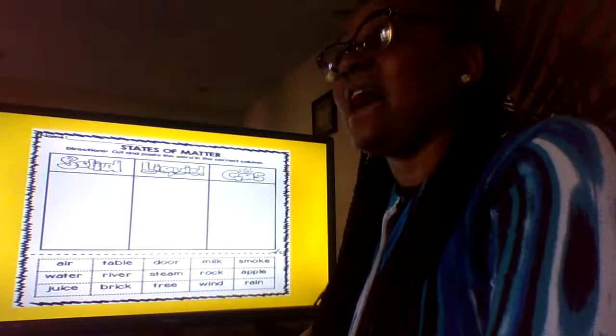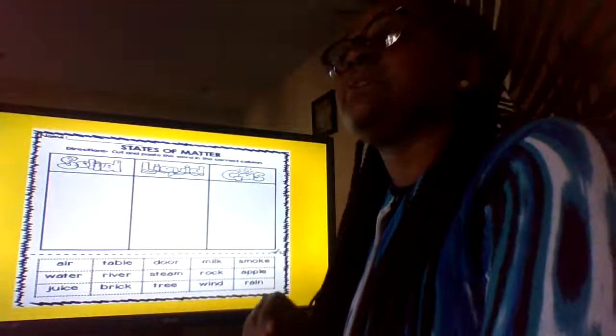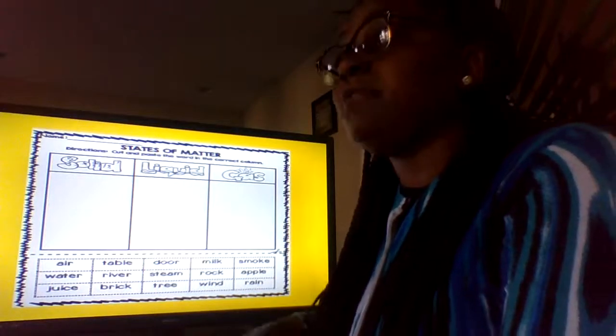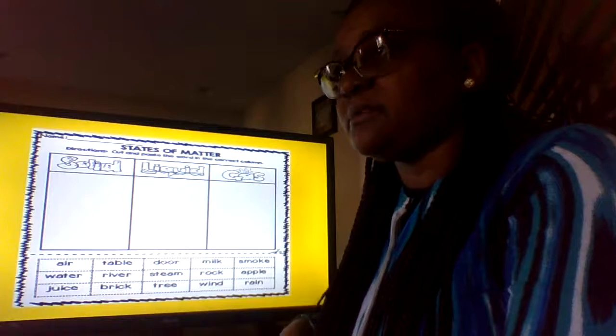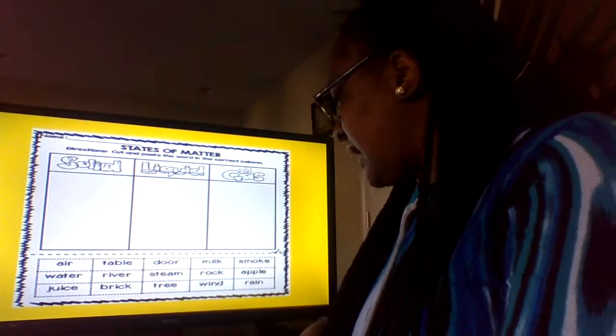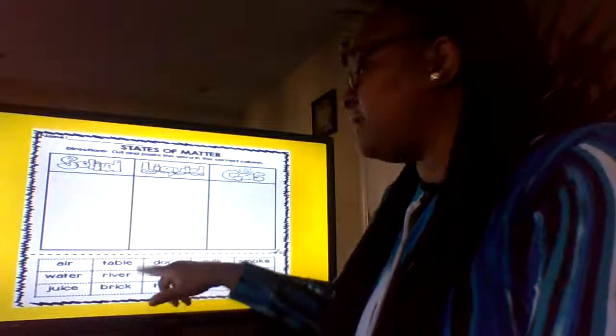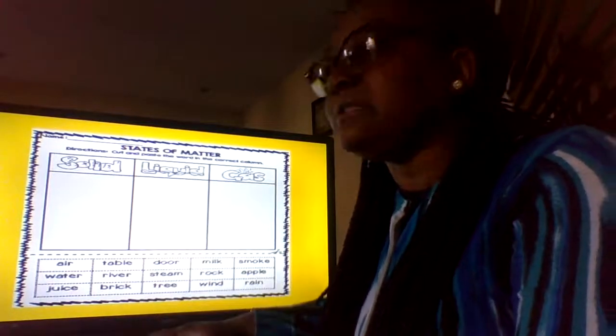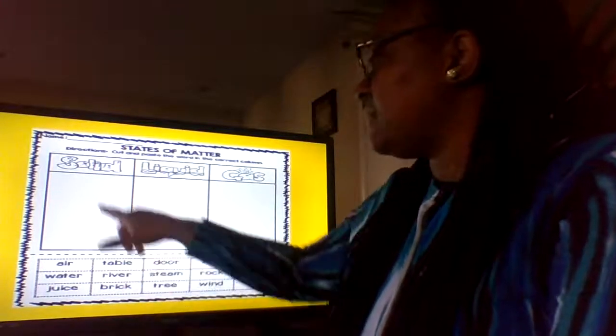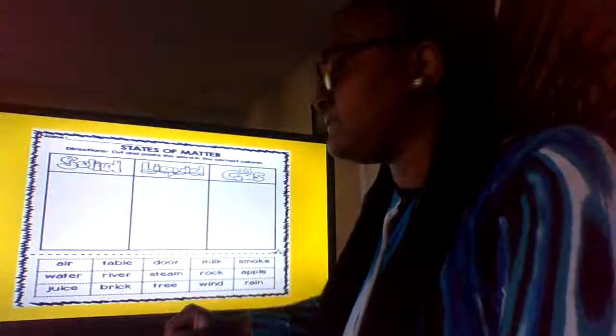And remember, a solid never loses its shape. Some can be hard and some can break. Some can be soft, but they'll never lose their shape. So a solid is something like that. Correct. A table is a solid. No matter what I do to the table, it'll always be a table, right? So let's go ahead and put table underneath solid. And I'll write it in so you guys can remember to